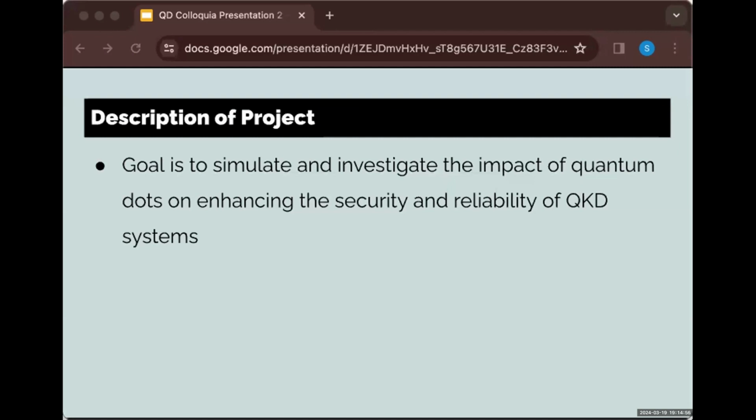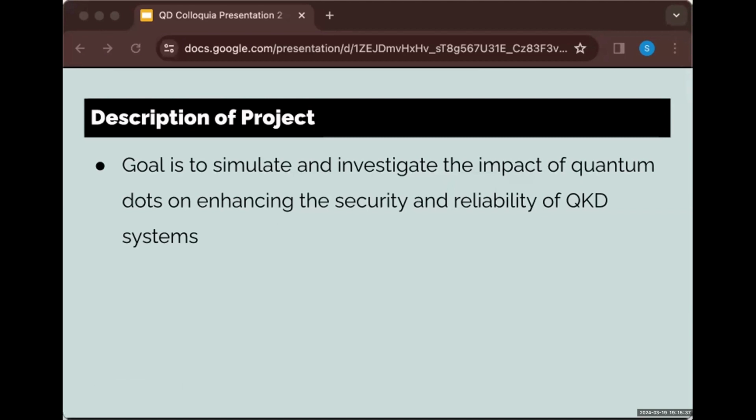Quantum key distribution systems hold the potential for secure communication by leveraging the laws of quantum mechanics. However, hold on just a second. Edward or David, can you mute Amy Lee? I'm not signed in as the host. Let me try to sign in as host. Amy, if you are not the presenter, please mute yourself because it's quite rude to be making background noises while people are presenting. Okay, thank you. Continue.